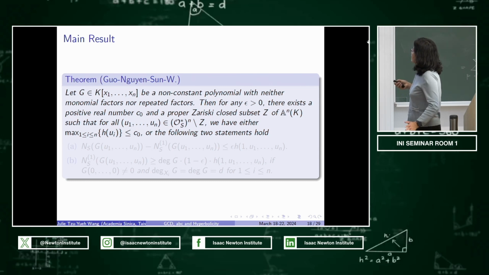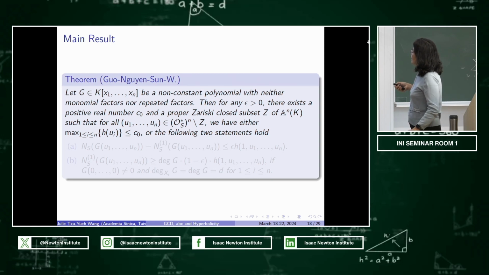Suppose this G has no monomial factor and no repeated factors. And then you fix the issue. And then you really can find a proper subset. Okay, and then you find a number. Those things are computable. And then for all the units outside of this proper subset,